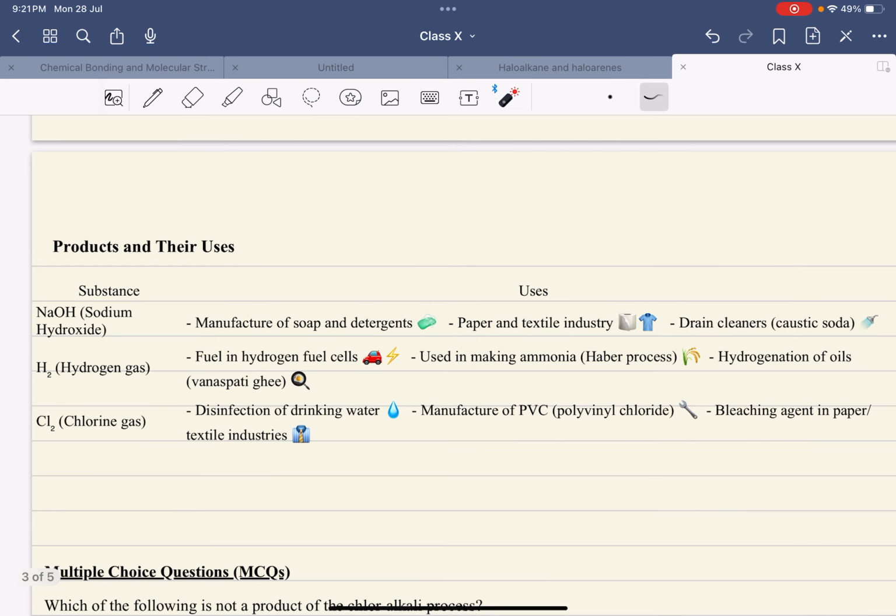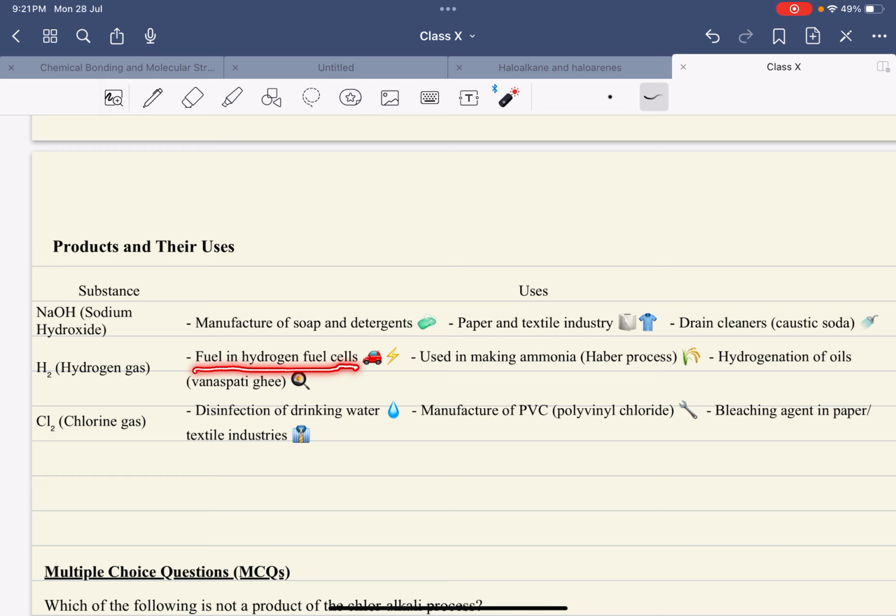This is very important for CBSE examination or any competitive examination like Olympiad. Substance sodium hydroxide: NaOH is used in the manufacture of soap and detergent, means soap industries, paper and textile industries, and the most important use is drain cleaner. Caustic soda is used as a drain cleaner. Then use of hydrogen. Hydrogen, we know, is used as a fuel,